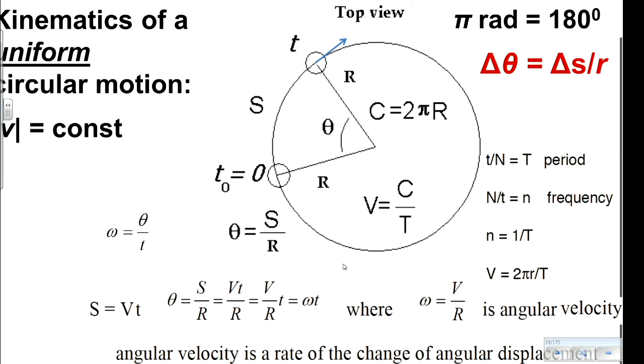So there are many, many equations we can use to relate variables. And of course, in the future, we're going to talk about angular acceleration, because if angular frequency changes, we should ask how fast, and change in angular velocity over time